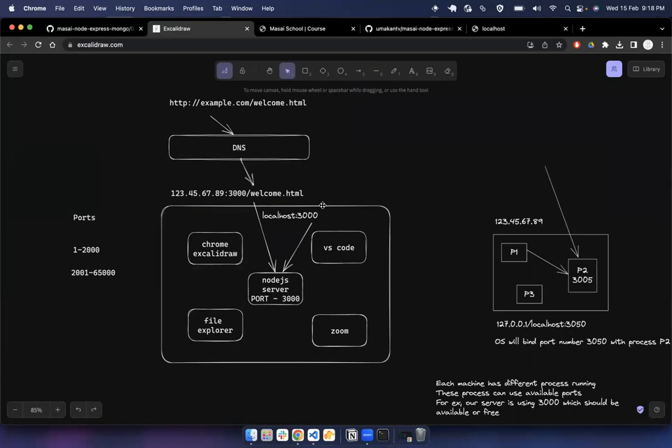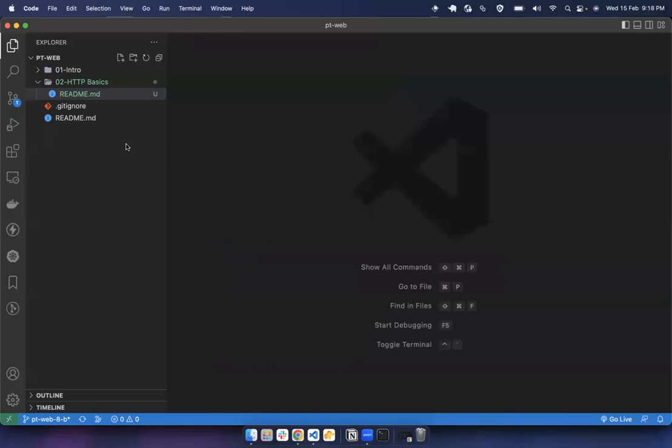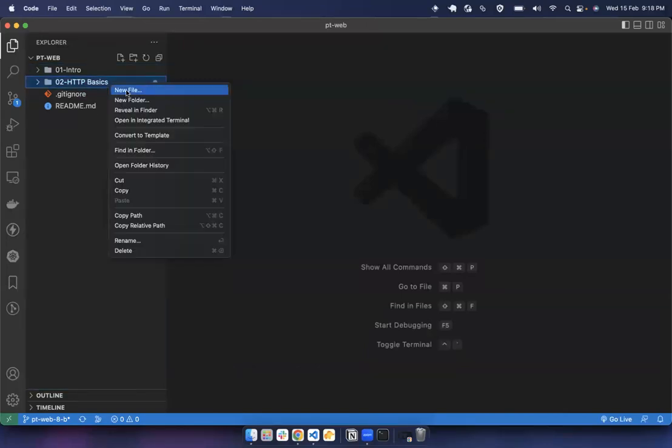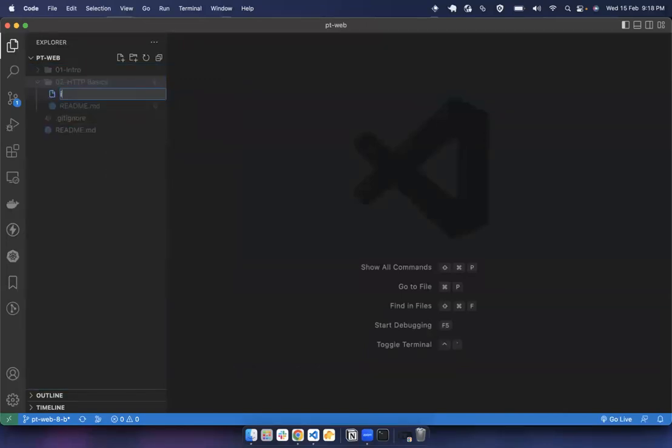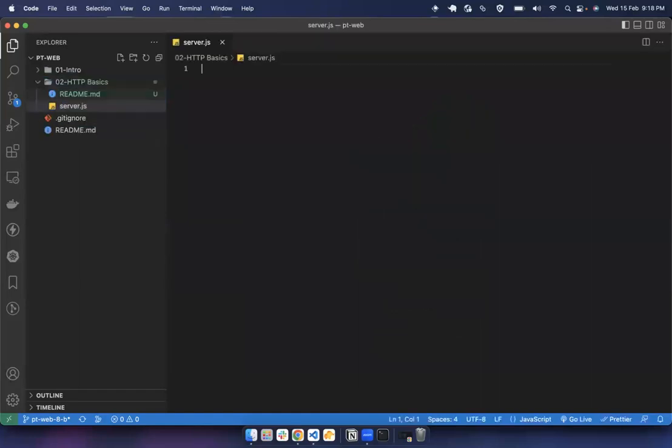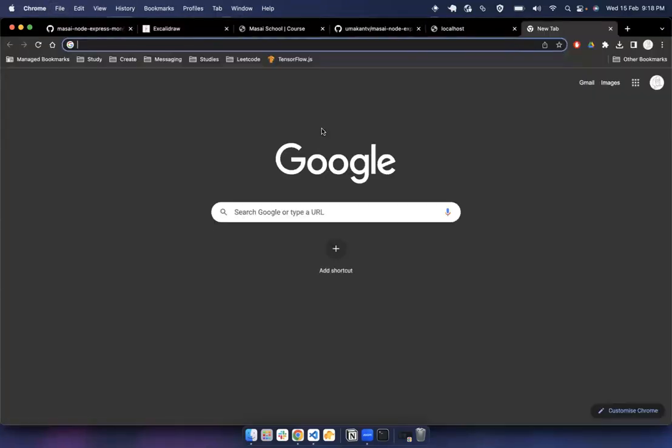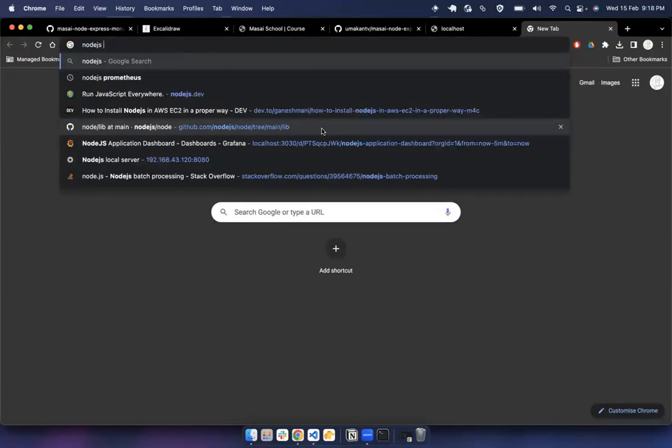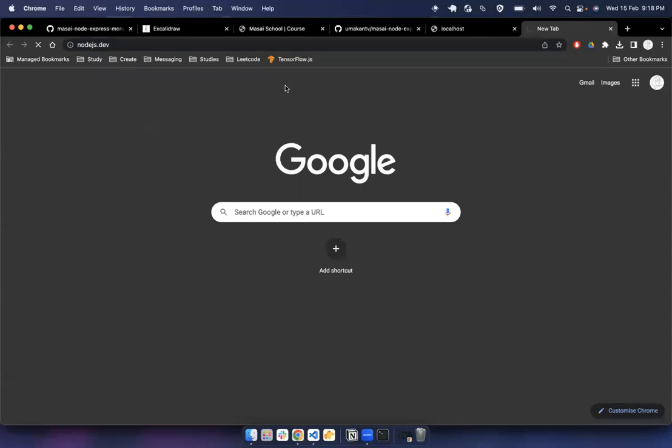Fine. Now let's start building the basic HTTP server which starts listening to requests on some port number. I'm just going to create a file called server.js. Now we are going to use the library and Node.js dev